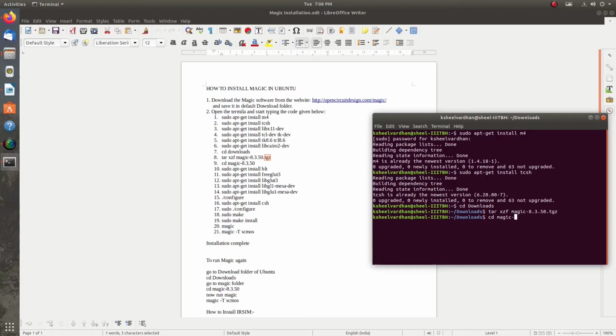So again we will use cd magic 8.3.50, because inside that folder we will get an installation file which we have to install using this command. Now we are inside the magic folder, as you can see. So next step, we have to go for sudo apt-get install blt, a file we have to install.